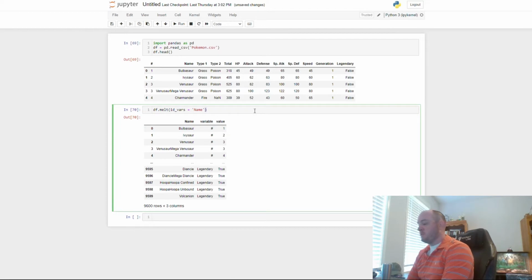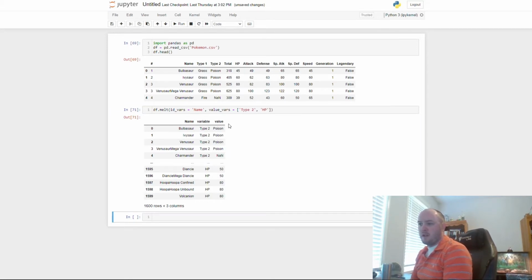Now, because we didn't specify which one of these we want, it just did them all. So if you wanted to have only a specific column or set of columns, you would just come in here and say value_vars equals. Now we're going to put type 2 just so that we can see how we're making a list within our call here, and then we'll just do HP. It doesn't matter. We're just doing it to show you how it can work. So we got Bulbasaur, type 2, poison, Ivysaur, type 2, poison, so forth and so on. It gives you down the list, and it basically just took this column and made them into their own column,